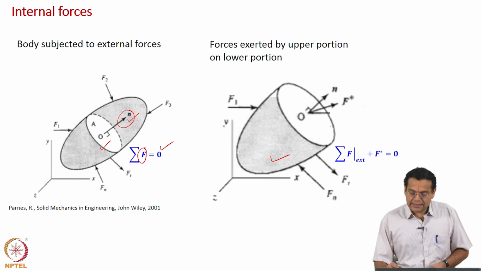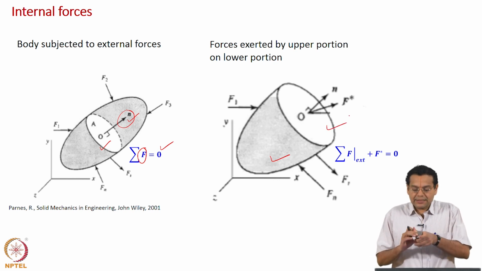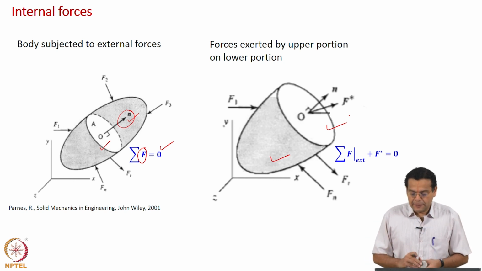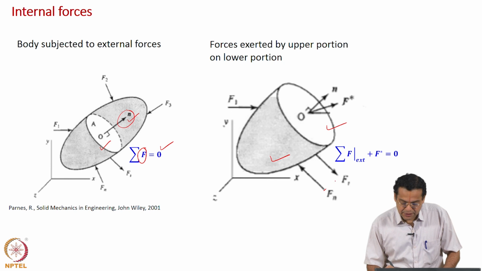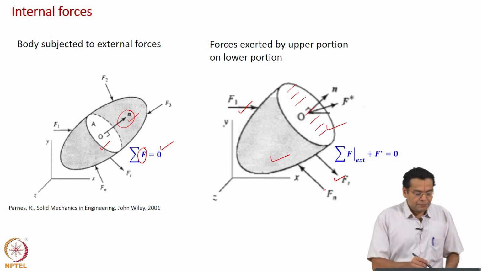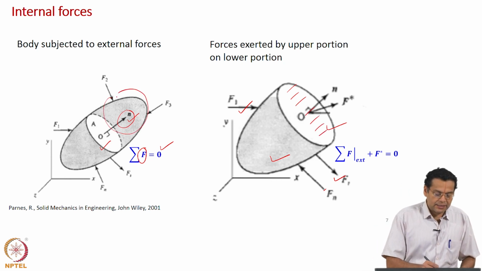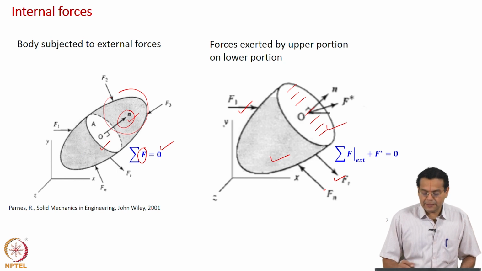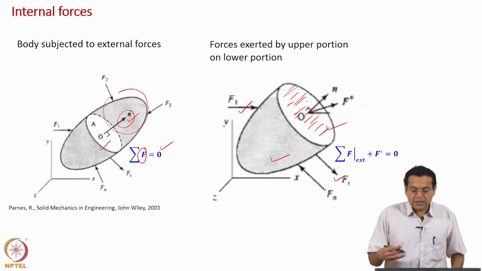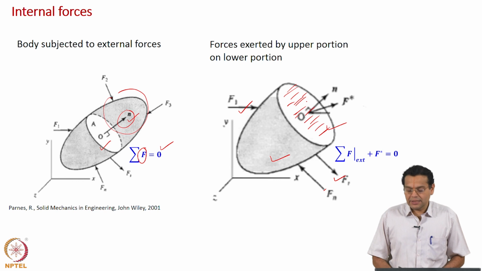Now the whole body is under equilibrium, so every point in the object is also under equilibrium. On the right hand side, when you make a section and analyze, let us say the lower part, that is also in equilibrium, but the only difference is that in addition to the external forces, you have a distribution of internal forces. Why is that? This top portion, whatever it exerted on the bottom portion, those forces are distributed over the entire area. So you have to take those forces, which are the internal forces, also into account in writing the equilibrium relationship.